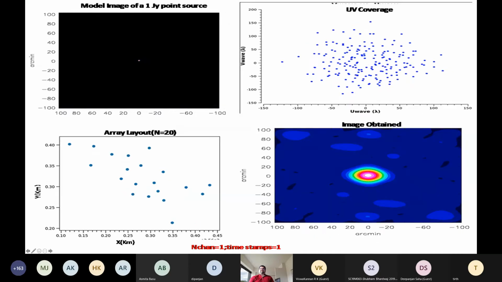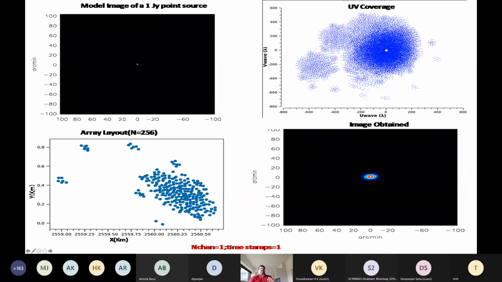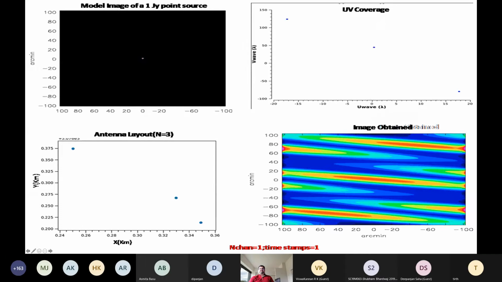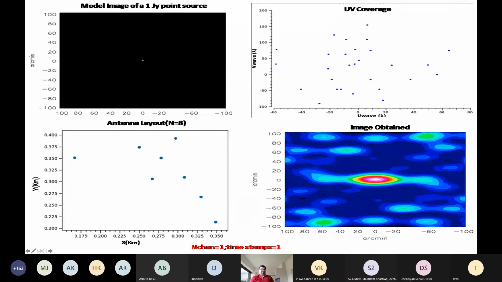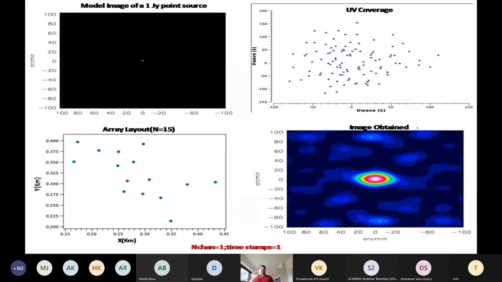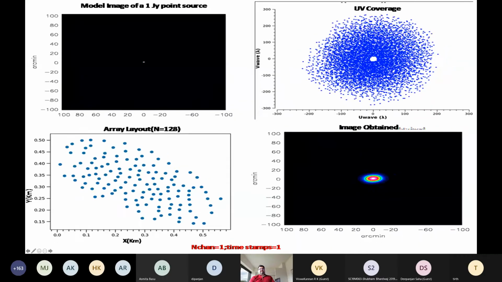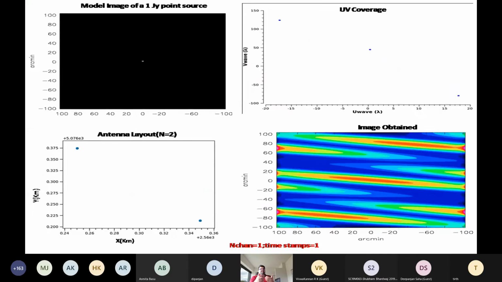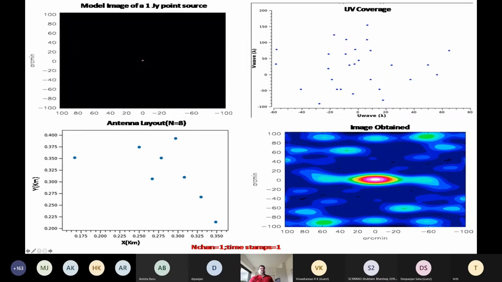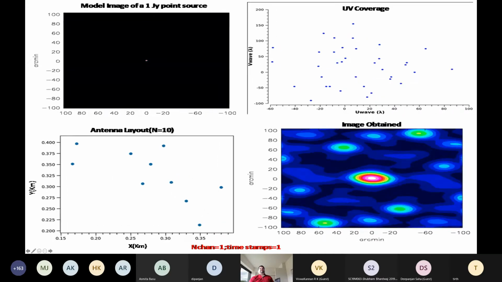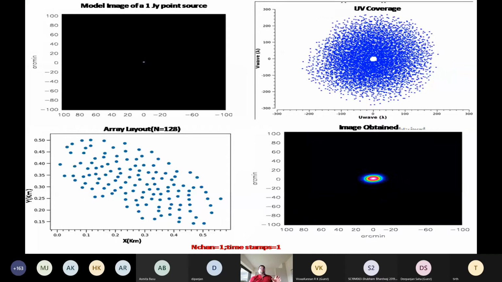Okay. This is the corresponding UV coverage or the UV footprint in the Fourier plane. And this is the reconstructed image which is formed out of this simulation. Okay, so if you keep an eye on just the bottom right corner, you will see as the simulation progresses and the number of elements gets increased, you are more able to reconstruct what we started off with on the top left corner, which is a point source or a compact source. Okay, what does it mean?